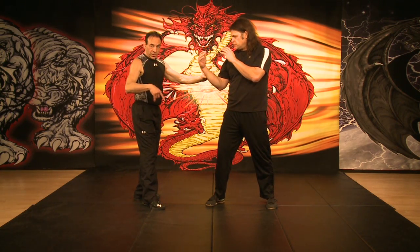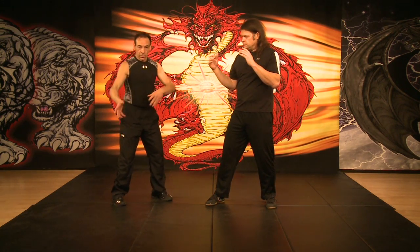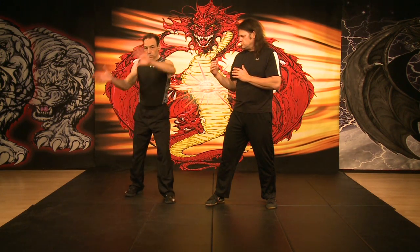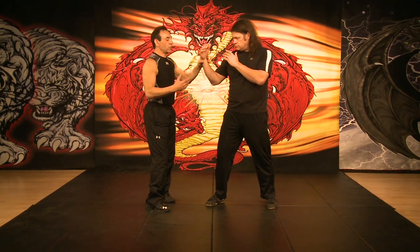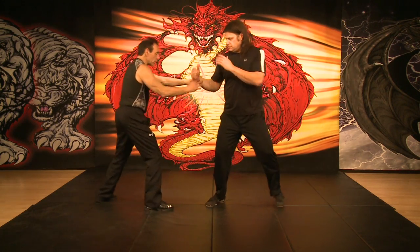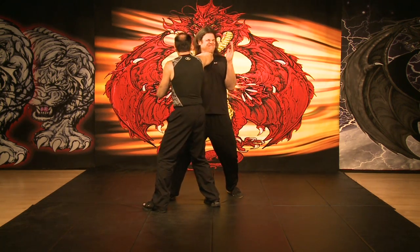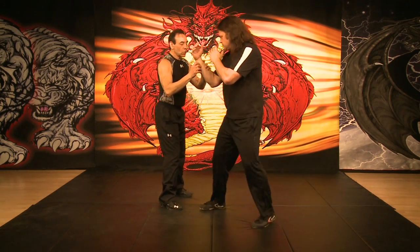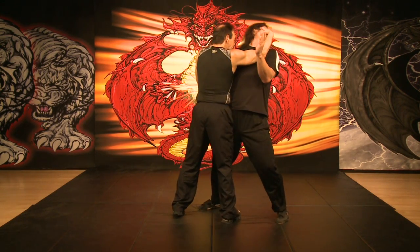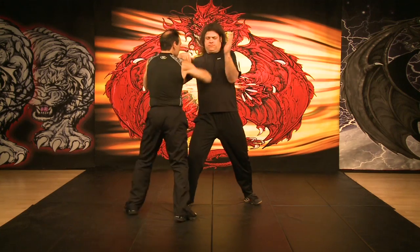So in the, we look at the tiger here, because here, it's just done a little bit differently. Elbow comes in, palm comes in. So this comes in, bam. Leg takes out, elbow comes in. The strike is here. Bam, it comes in, locks. And we can also show you a takedown from there too. Comes in, bam, bam,